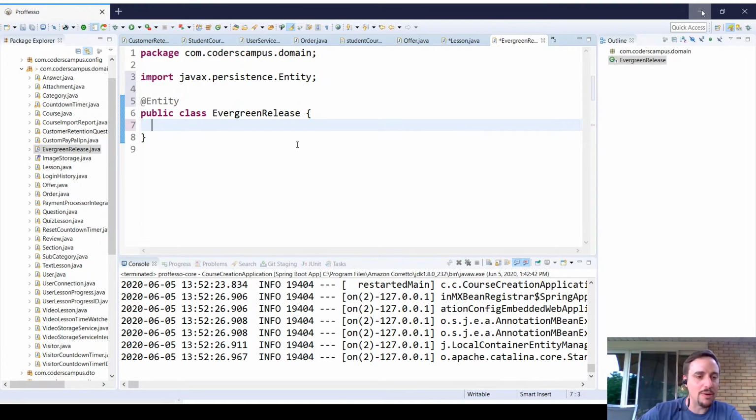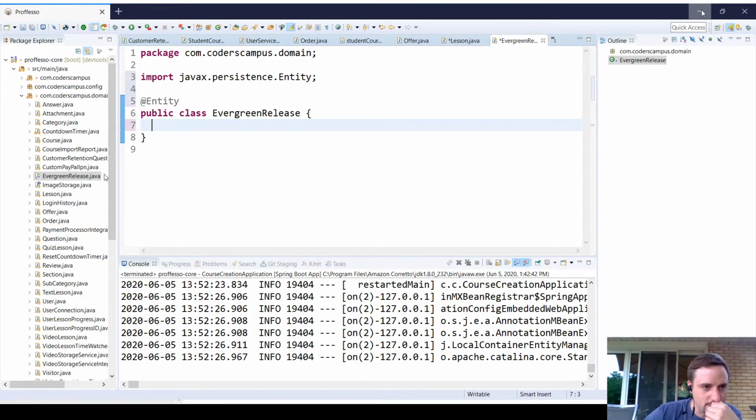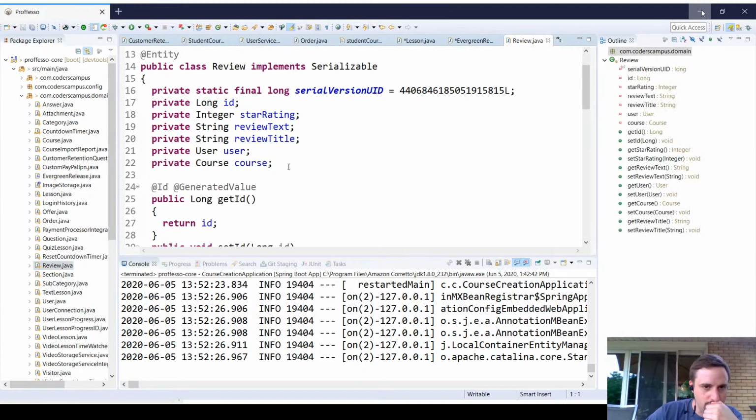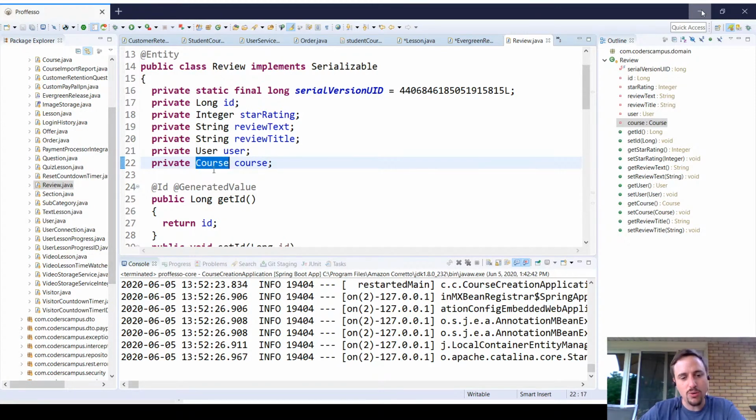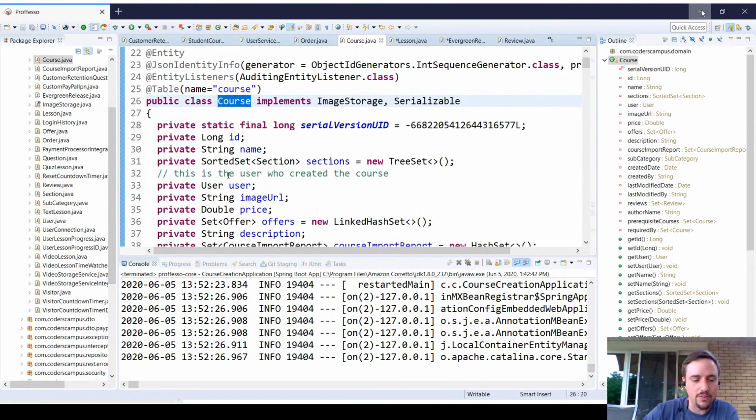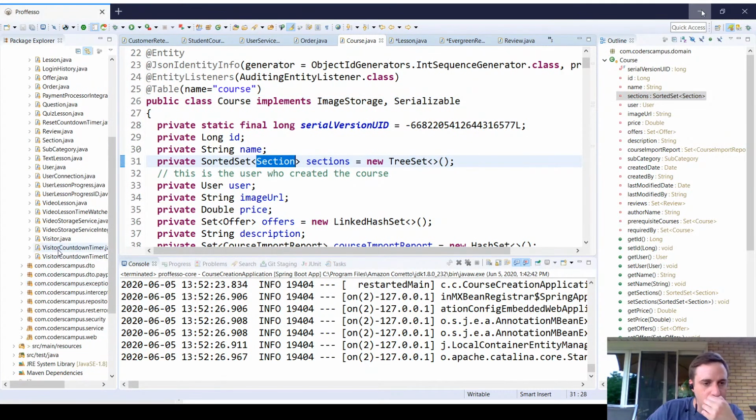Off the top of my head, I can't remember. Let me see if there's another one-to-one relationship here that I can see and use as an example. Review to user? No, a user can leave many reviews, so that's not the right one. Course? Well, maybe course. No, because a course can have many reviews. So that's not the right one-to-one. I think what I'll just have to do is fall back to using